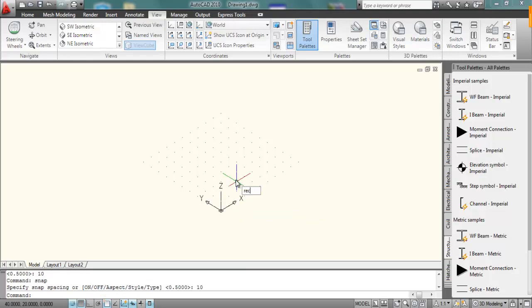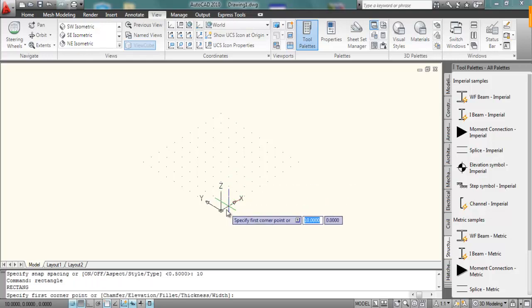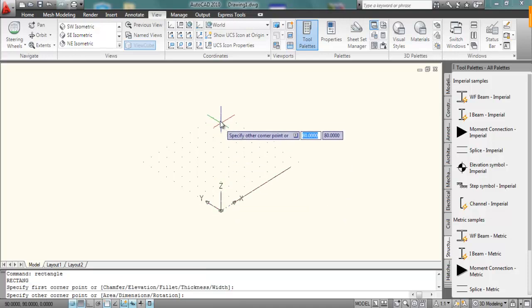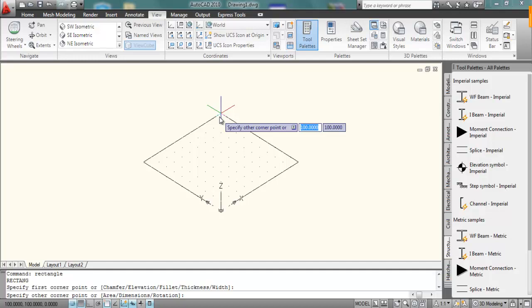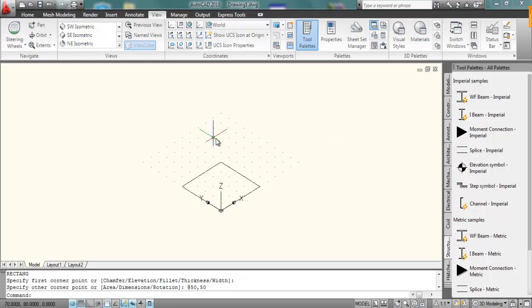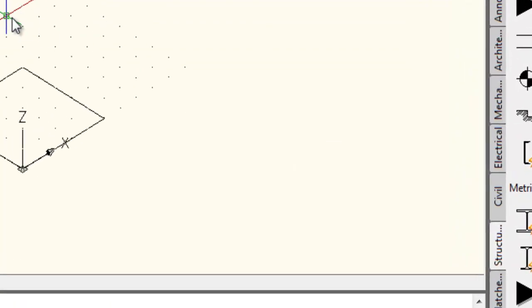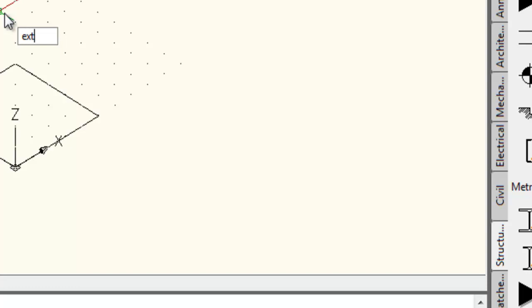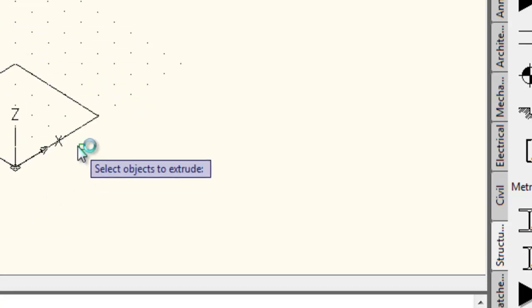Draw a rectangle with a rectangle command. Select the first corner of the rectangle and select the other corner of the rectangle as 50, 50. Type the extrude command. Select the rectangle